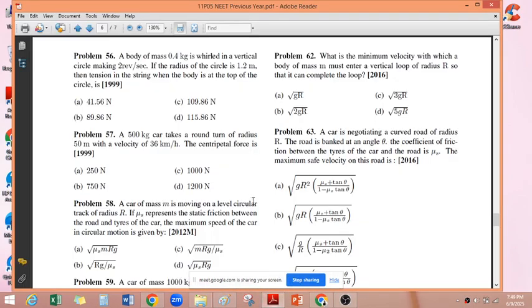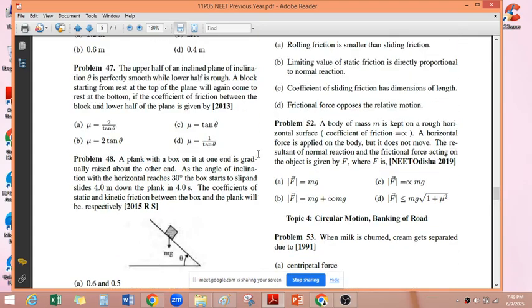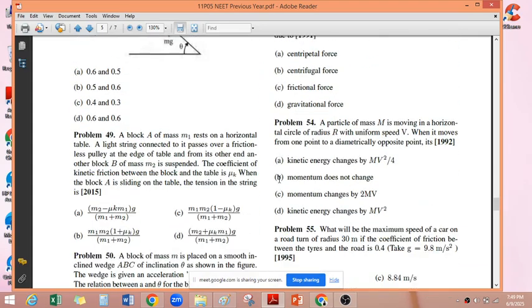So I think we have been doing the fifth chapter, Newton's laws of motion. Before going into this, I thought,